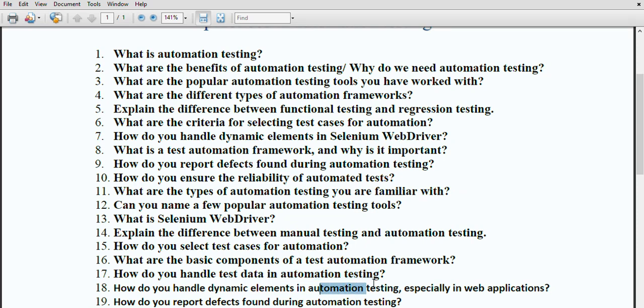Then, how do you handle dynamic elements in automation testing, especially in web applications? So basically, the dynamic elements you can handle in automation testing, the data is stored in separate test scripts, so you can handle that particular data. So these are managed by some external data sources which are stored in different types of files. You can use it. Then the next question is,